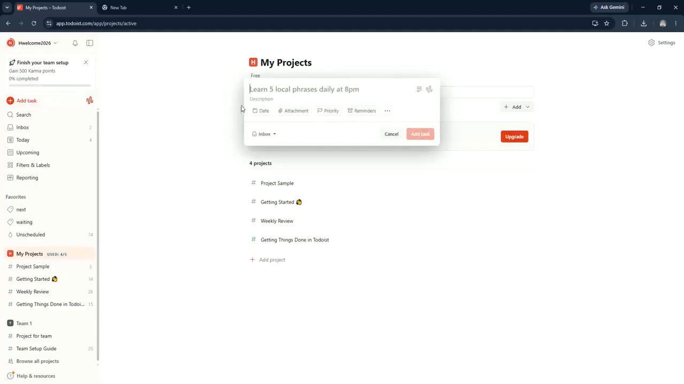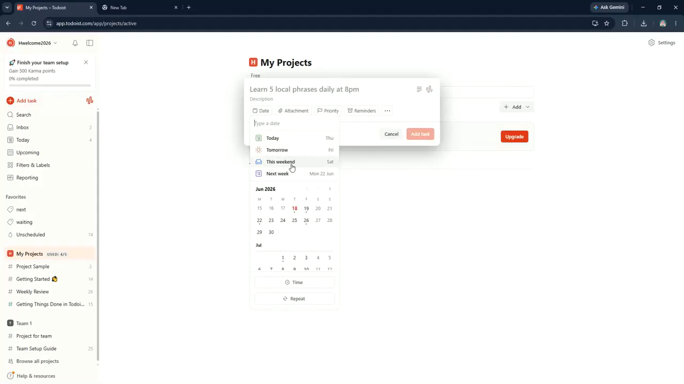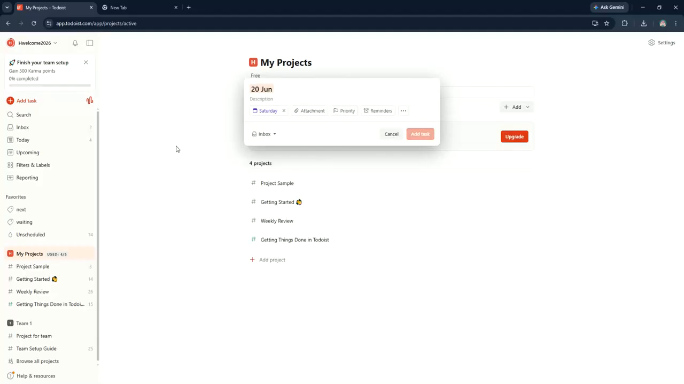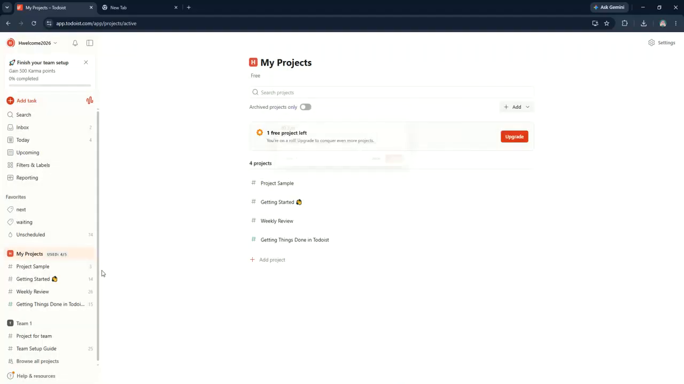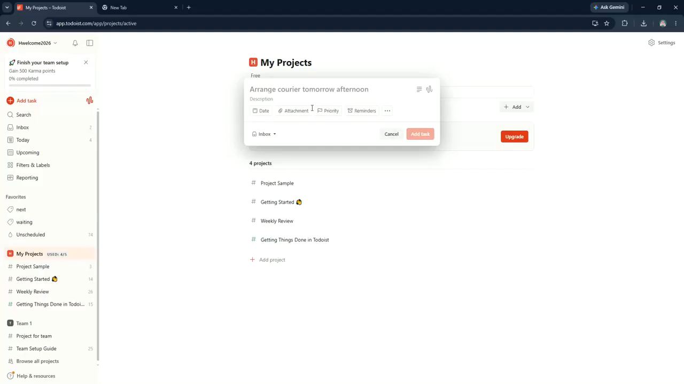You can also set a due date by clicking the calendar icon and selecting a date. If you want to add the task to a specific project, click on the project icon and choose the desired project from the list. For adding priority levels, click the flag icon and choose the priority level you want. You can even set recurring tasks by typing in the task window using natural language like every Monday or every